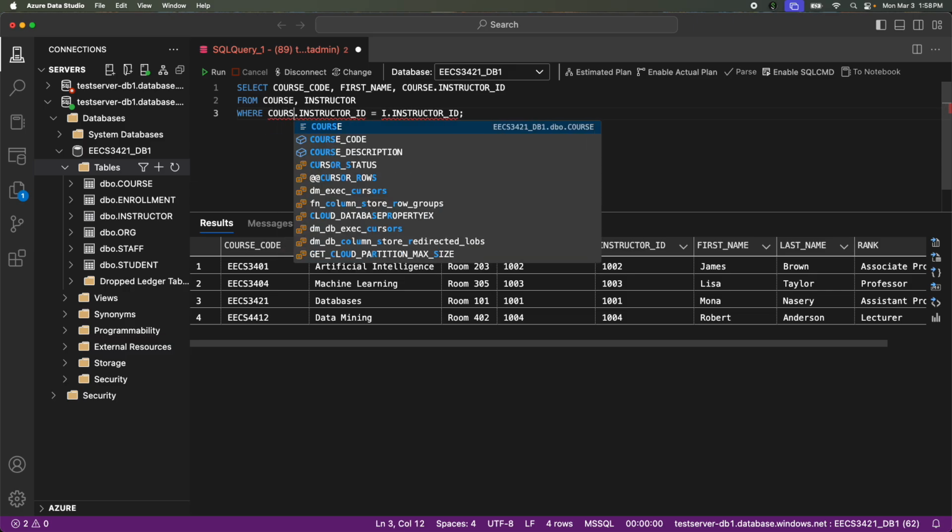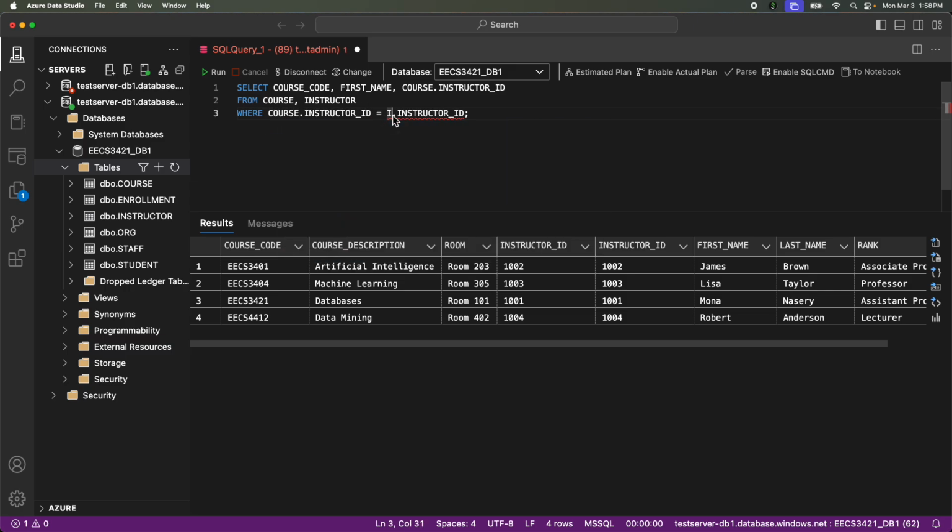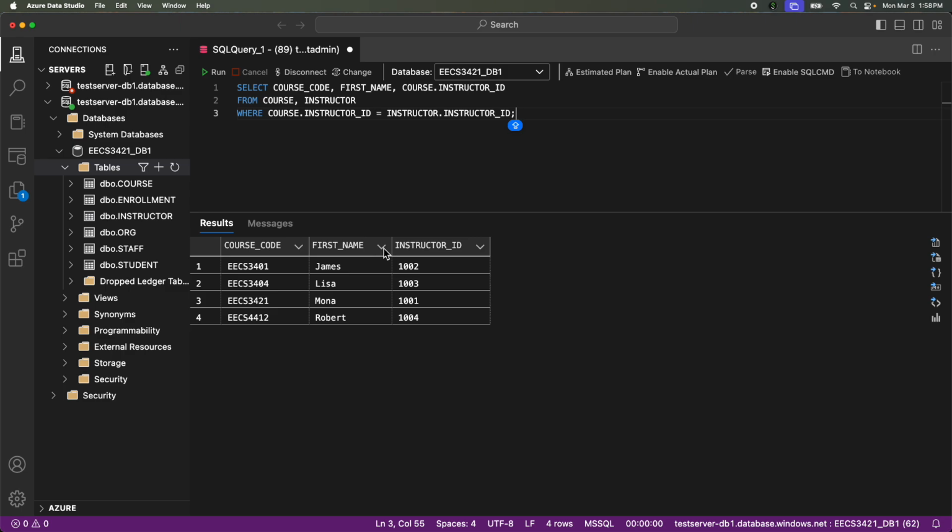And then here the same, like course.instructor ID is instructor.instructor ID. Now it is more clear why I was using the aliases I and C, because it's shorter and more readable. So this will give you only these 3 columns, right? And